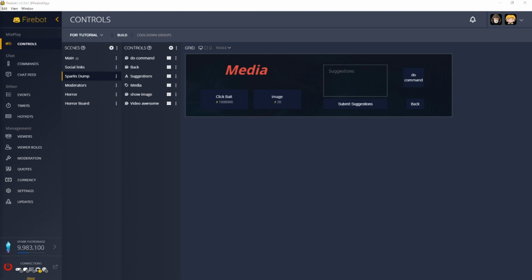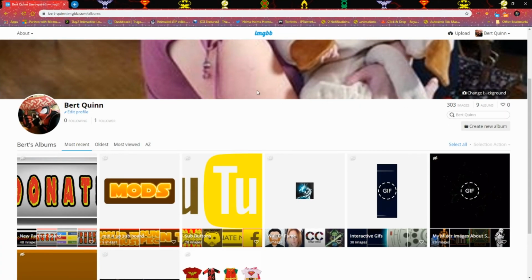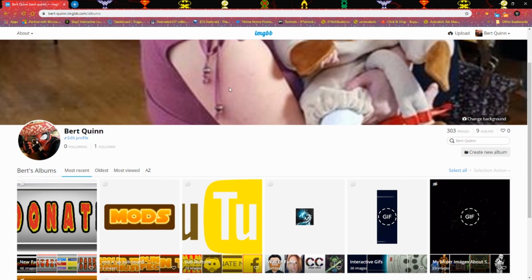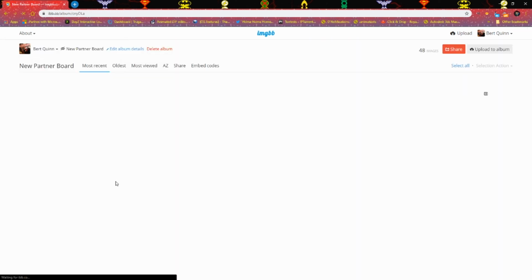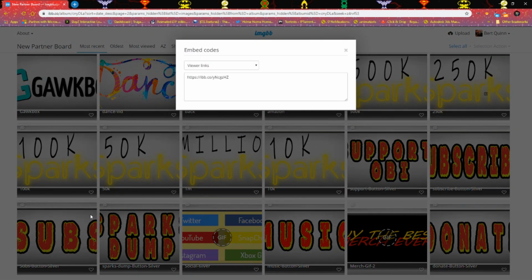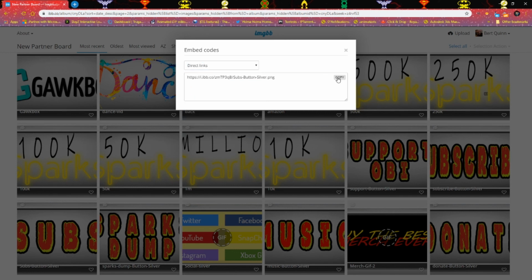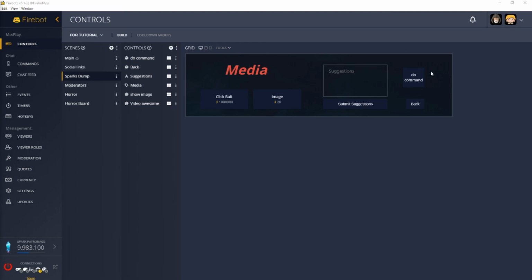So let's add an image to the buttons. So you want to go to wherever site you have your stored URLs. Mine's on IBB or image. I'll leave the links in the description. Find the image you want, the subs, embed codes, HTML, direct links, viewer links. I go direct links, copy that, go back to your Mixplay, go to the do command,